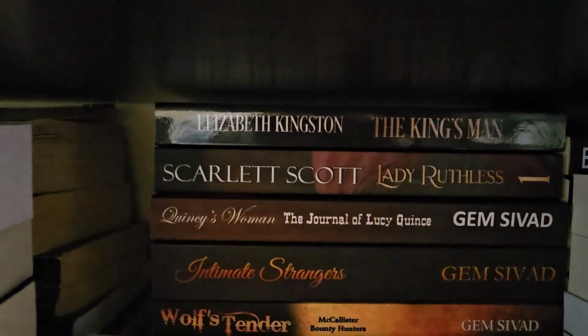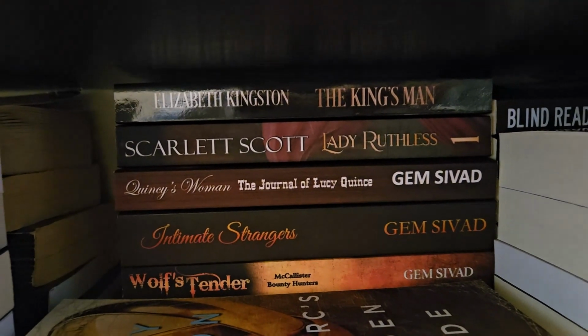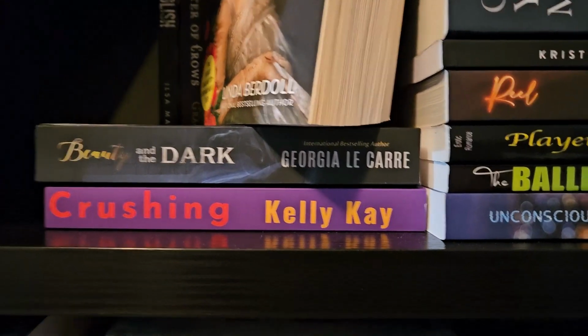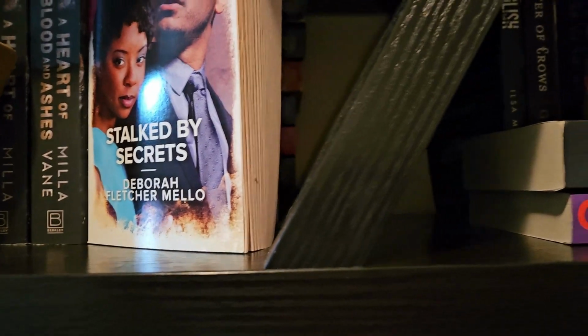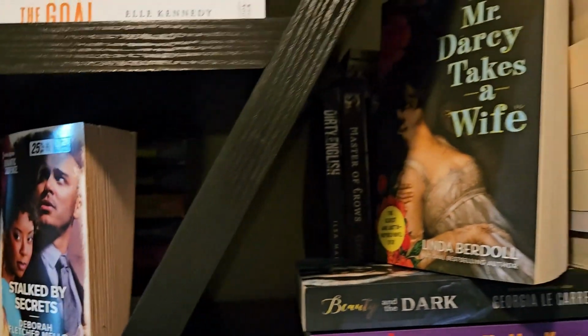I got some Scholar Scott up in there, you can see. I like Scholar Scott and Gemma Levine. Both of those writers write very steamy books. I was trying to find... Oh, it's not up in here. I don't know where I put those books, but